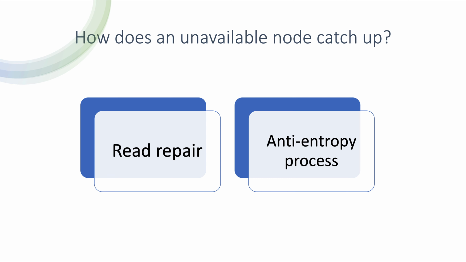Currently there are 2 approaches for it. The first one is read repair and the second is the anti-entropy process. In the read repair process, when a client reads from several nodes in parallel, it can detect any stale responses with the help of version numbers. So it detects that the version number in the previously unavailable node is lagging behind. What it will do is update that lagging node with the values from the other replicas. But this approach works well only for values that are frequently read.